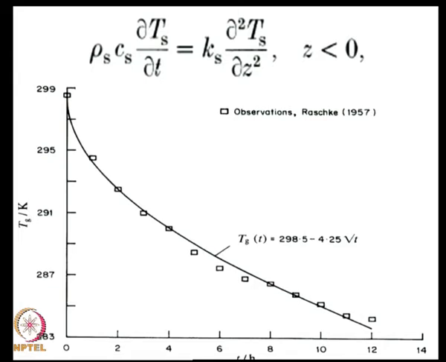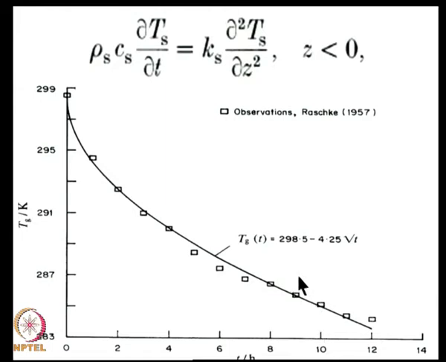In the absence of radiation, the equation for temperature variation in the ground is a simple diffusion equation, which many of you have seen. To solve this equation, you will find that the surface temperature is going to decrease as the square root of the time. This is time here. Okay.